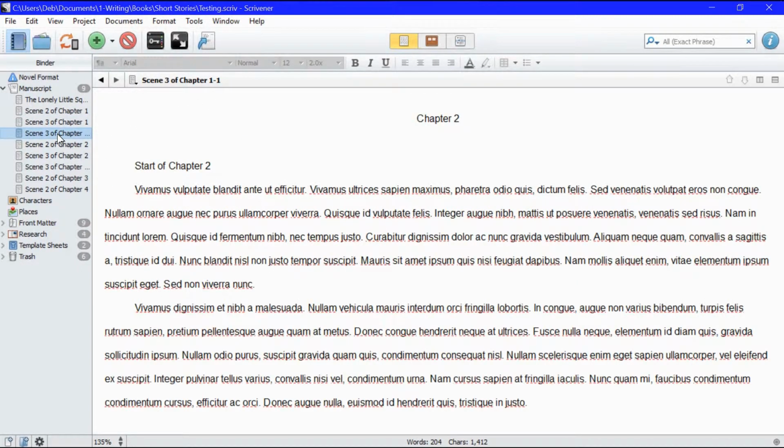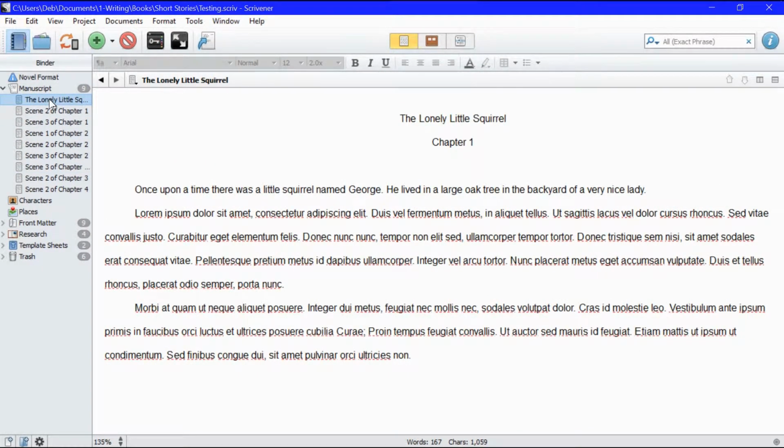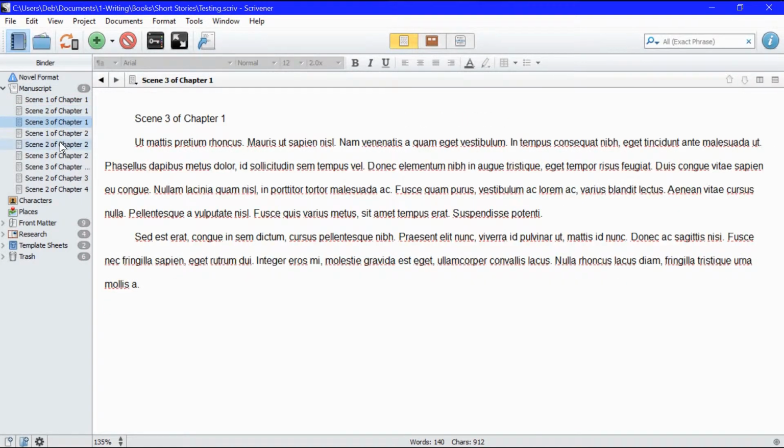But of course you can change those, because remember, you just double click over here and you can say, this is chapter 2. Actually it's scene 1, so we want to say scene 1 of chapter 2. And this one is technically not the lonely little squirrel. This one is really scene 1 of chapter 1, right? Scene 1 of chapter 1. So now we have scene 1 of chapter 1, scene 2 of chapter 1, scene 3 of chapter 1,